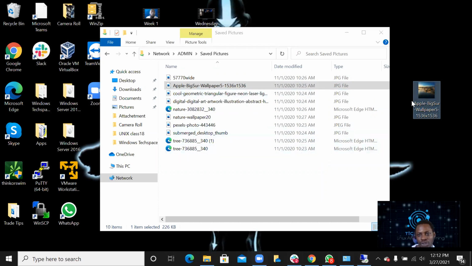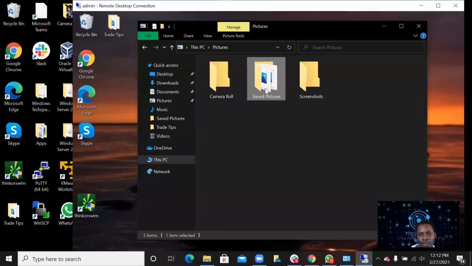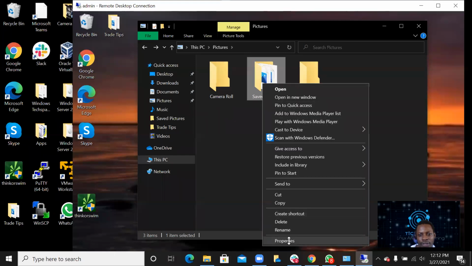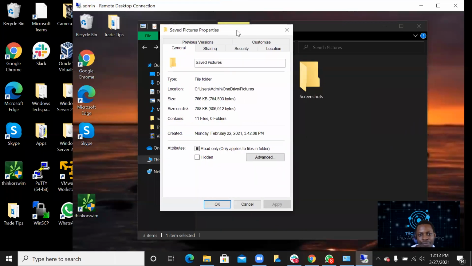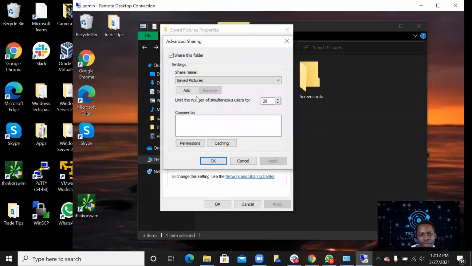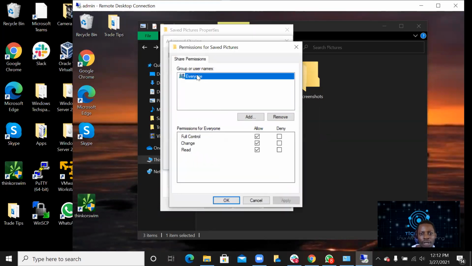I've copied stuff from that folder. Let me go change the permission so that it will not be able to copy anything. I cannot remove anything from this folder. So let me just put this here, which is what I copied. So if I go back now to that remote computer, go to settings, properties, sharing, advanced sharing, permissions, everyone. Let me take out, I'll deny